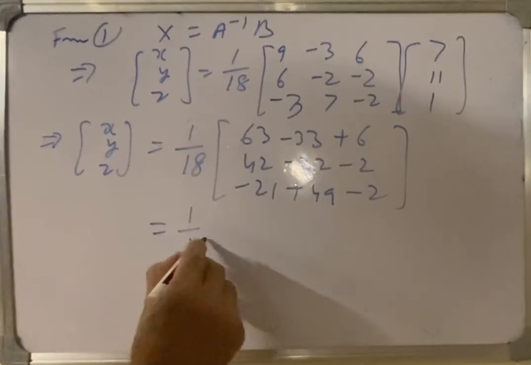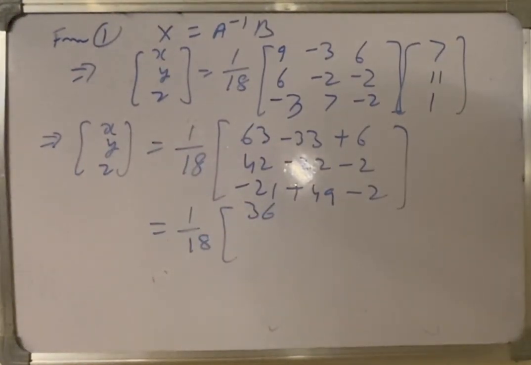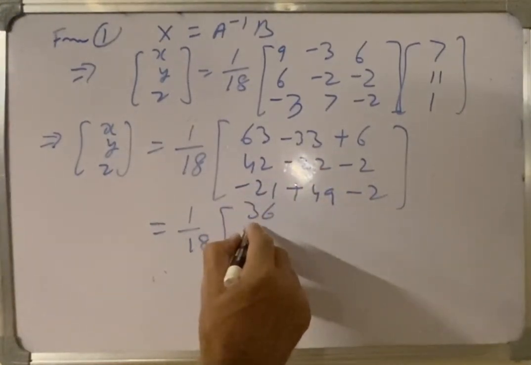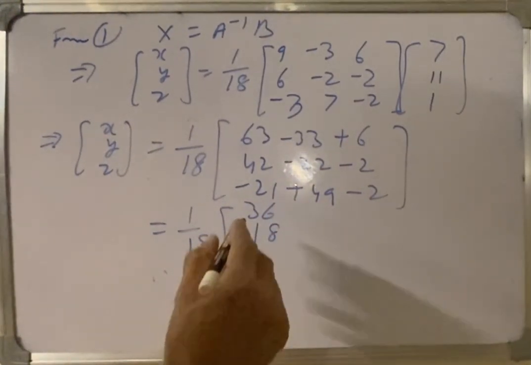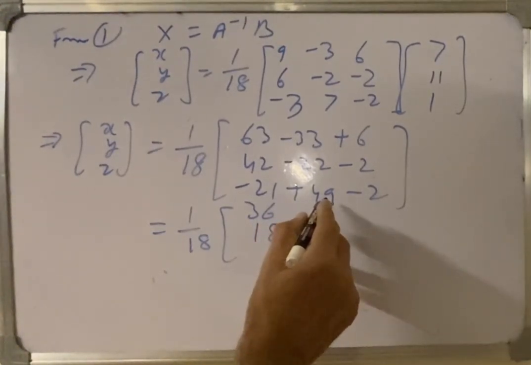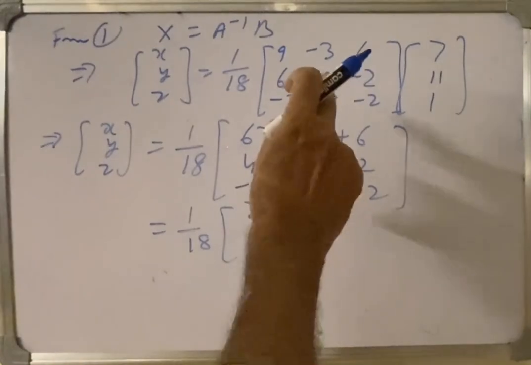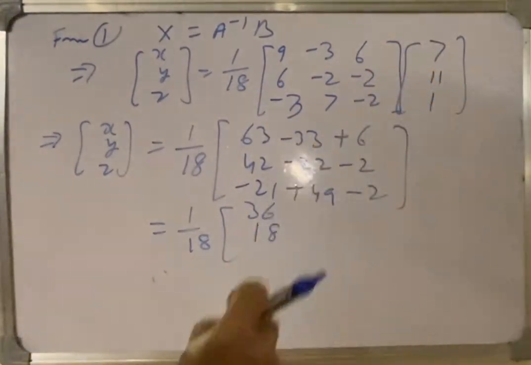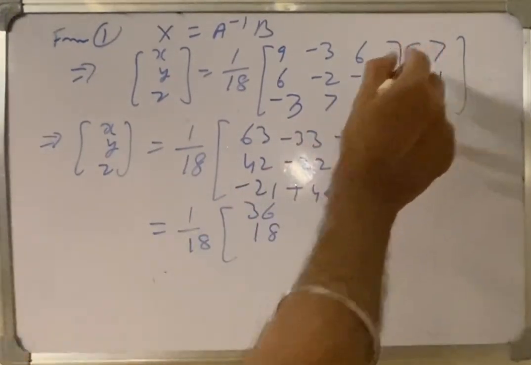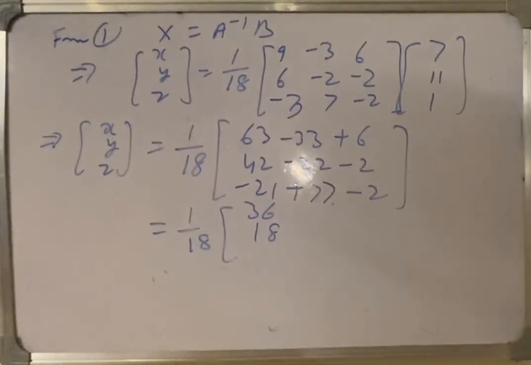So this is equal to 1 over 18 into 36, 18, 54,